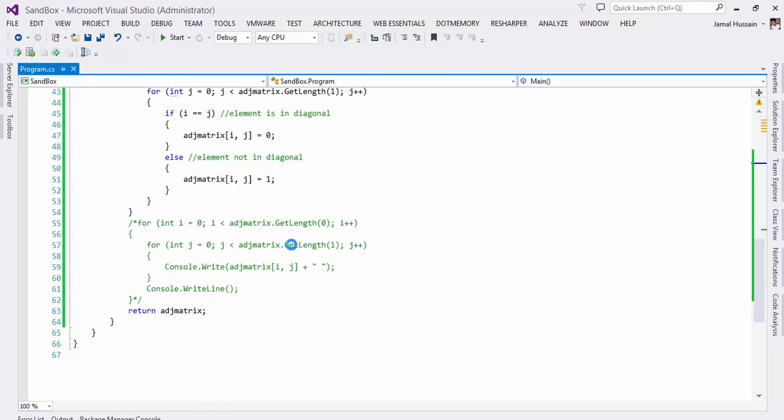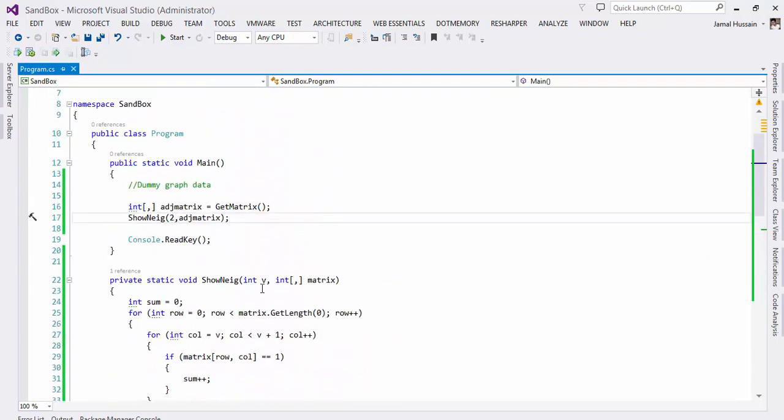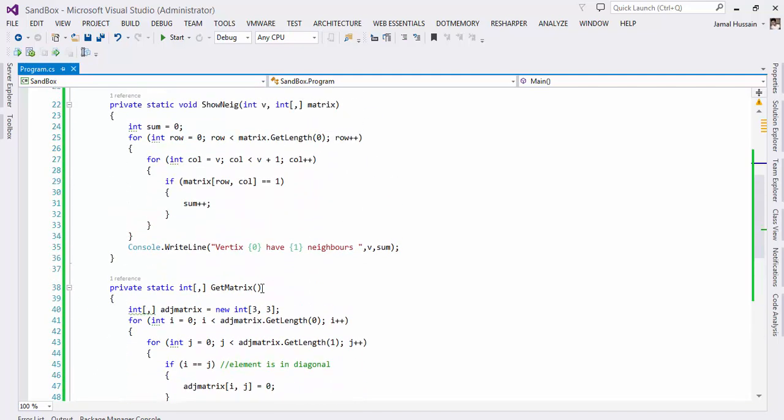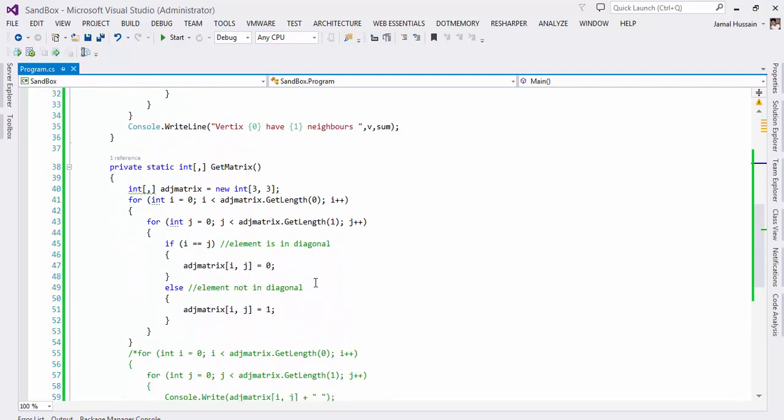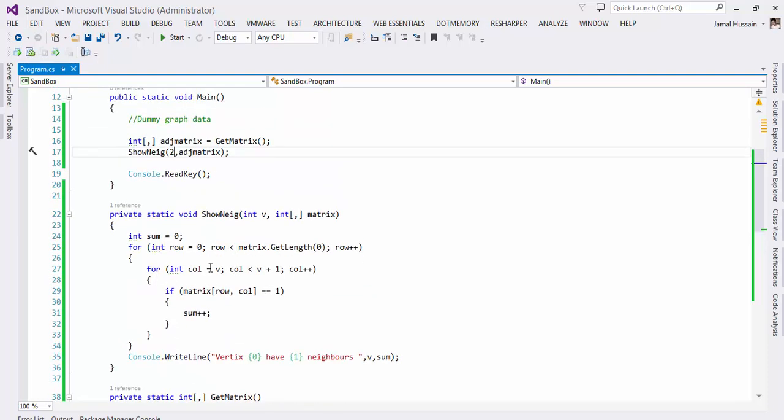So we created the following logic for representing the graph, and after that we created a function which will show the neighbors of a given vertex. Now the next part is we are interested in